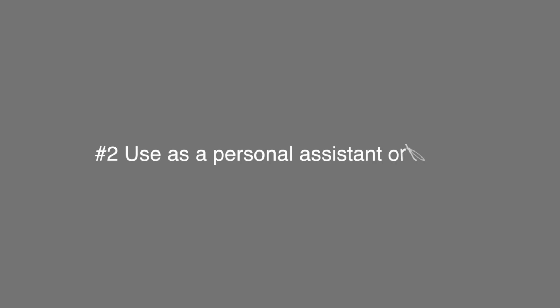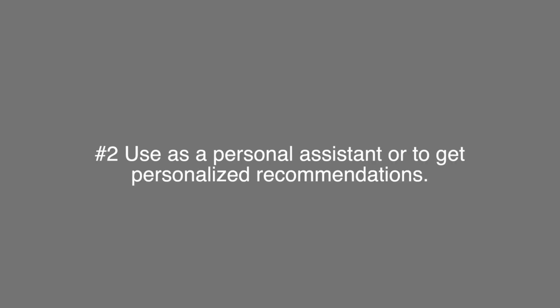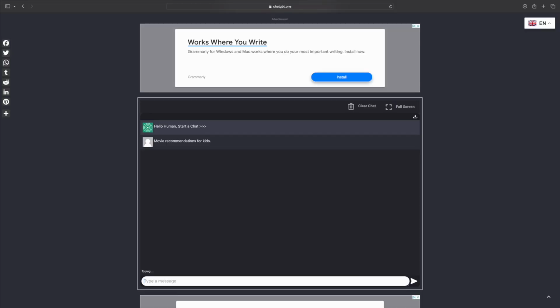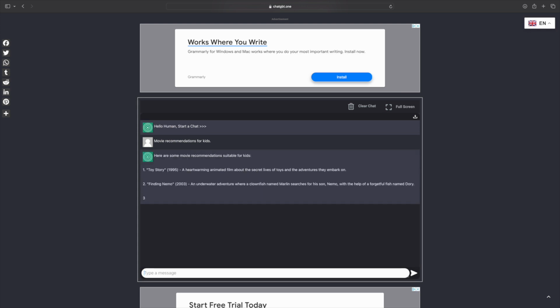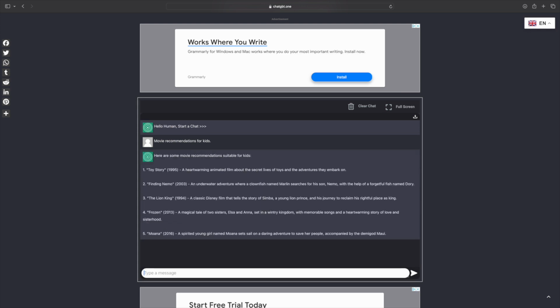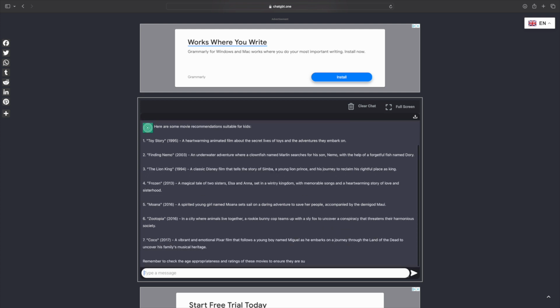Number two, a great way to use ChatGPT is also as a personalized assistant or to get personalized recommendations. And so this is amazing. You can figure out what movie you want to watch. It could be a shopping assistant. It could be a health assistant. It's so incredible. Even with the movie, your concierge, it can give you customized movie recommendations based on your preference. And so you can get recommendations and ideas. It's a great way to kind of brainstorm. And as you would brainstorm with another person, you can brainstorm with someone who has a ton of information on a ton of different things.